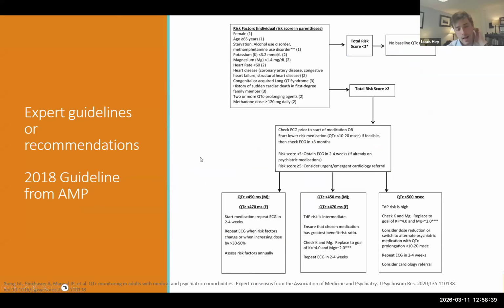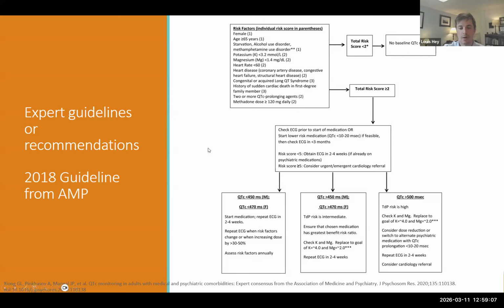So as far as expert guidelines, this is a difficult thing to do, it seems, from reading the guidelines. This was by far the best guideline that I could find. There are a couple other ones, but they're usually pretty specific. Like they're either inpatient specific, so how to manage an inpatient, or they are very much psychiatry specific.